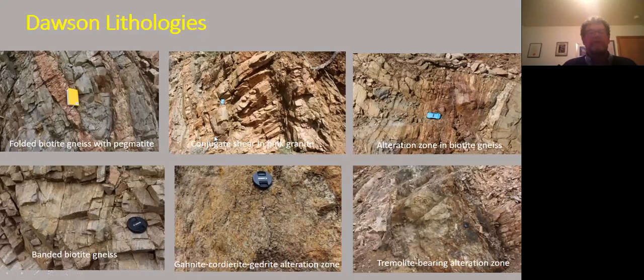Okay, showing you the granitoids, but there are definitely some other lithologies that are important to the discussion here. This is this folded biotite gneiss, just to show you the fold hinge here. You can see this pegmatite sort of wrapping around that fold hinge. Here's the banded biotite gneiss. The rocks are strongly deformed, and yes, they have been sheared. So the mineralization has been sheared